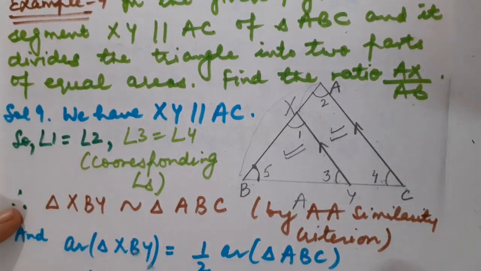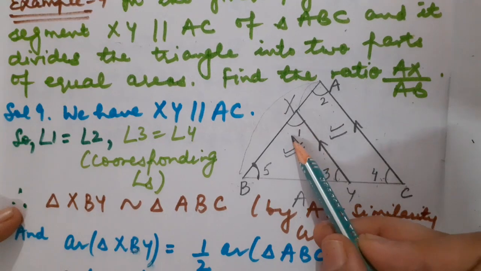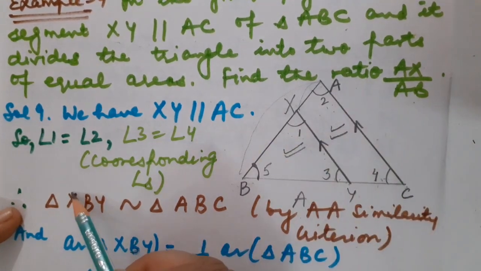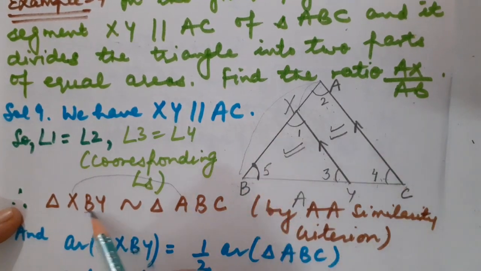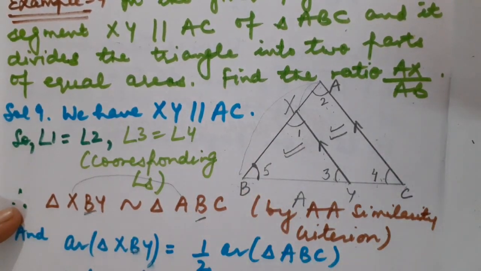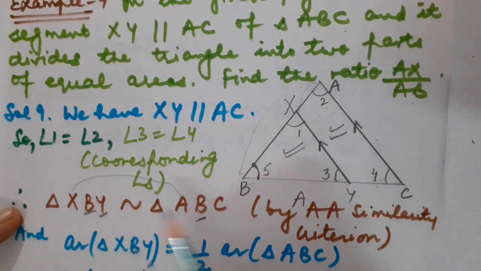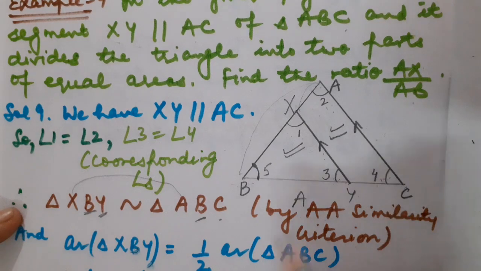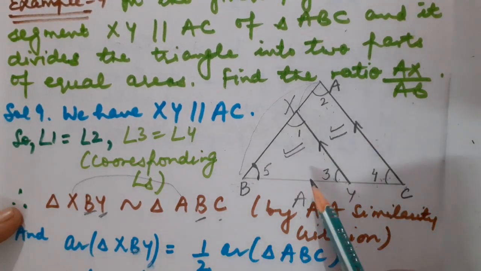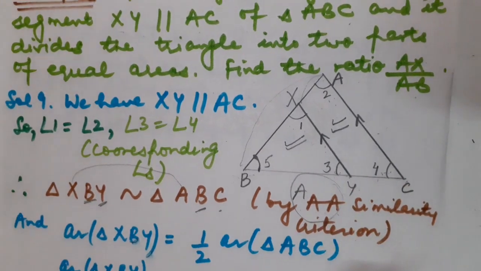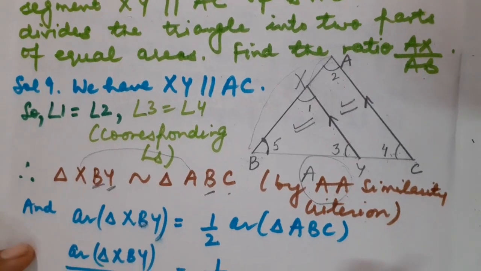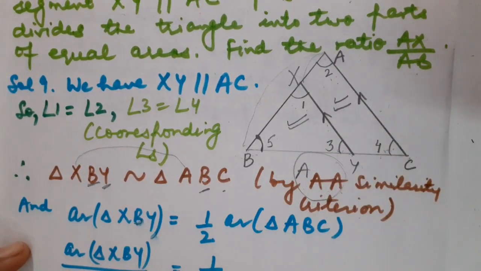Let us check whether I have given the right name or not. Angle 1 is equal to angle 2 means X is in correspondence with angle A. Angle B is common, so B I have written at the middle position in both the names of the triangles. And Y and C means angle 3 is equal to angle 4. Correct? So either you can apply double A similarity or you can apply triple A similarity. The choice is yours. Now, I have proved both the triangles as similar.